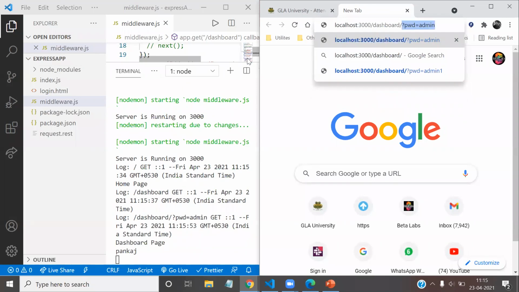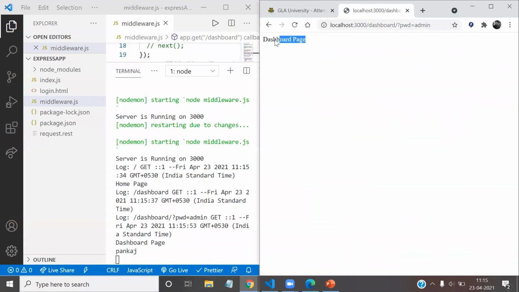Let me write password equals admin. See, the page is open. The password is admin, but in that middleware I'm changing the password from admin to Pankaj, and this is the password now accessed in the dashboard page.